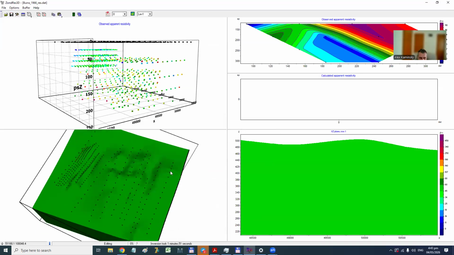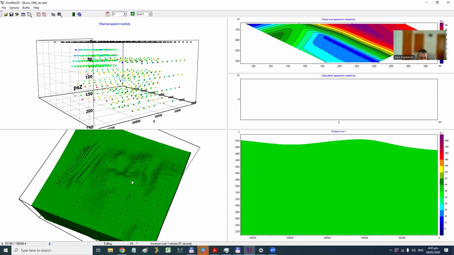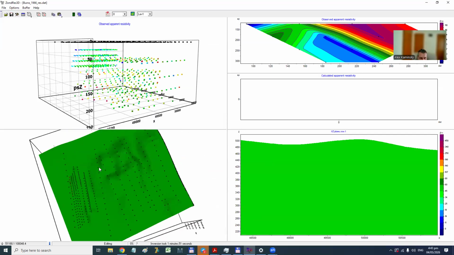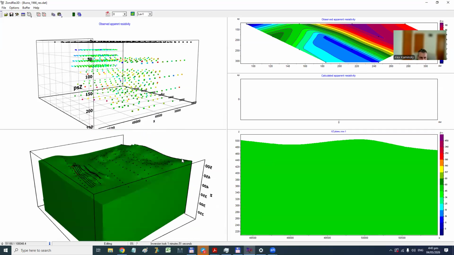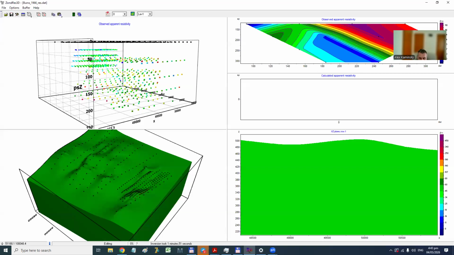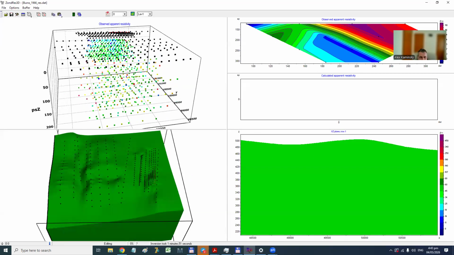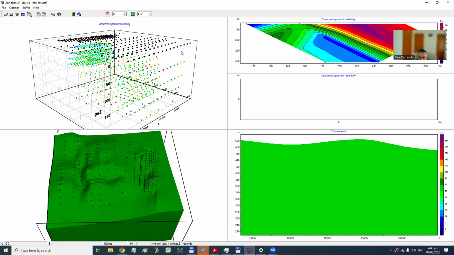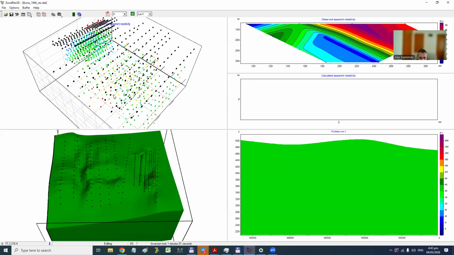There is something topography effect, because there are not so many points for topography. It's maybe not super interpolated. Okay, here is not so many points. You can see this is a very old survey,